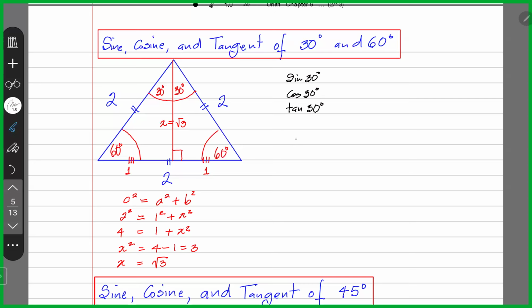Then we look at the sine of 60 degrees, the cosine of 60 degrees, and the tangent of 60 degrees. Now watch me. Starting with 30 degrees, looking at this right angle triangle here, looking at that right angle triangle,